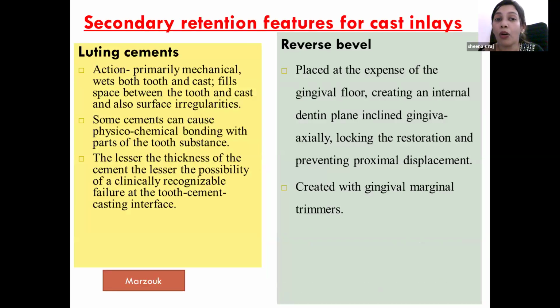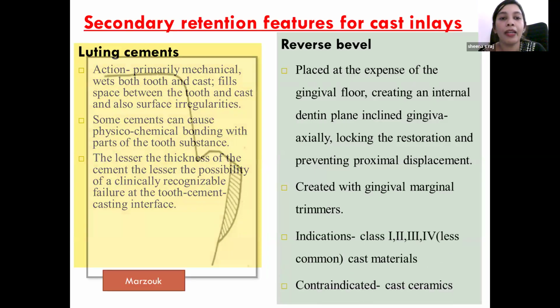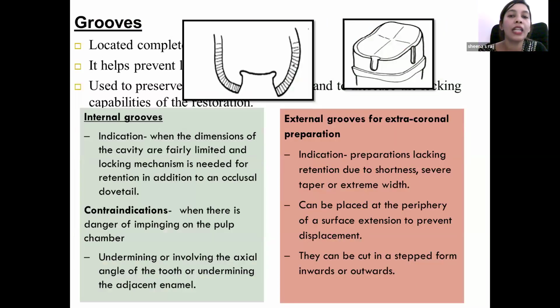This is a very important topic whenever a cast metal restoration is given. Most of the people will be writing only about the bevels, circumferential bevels. So you have to write the secondary resistance and retention features also, like the luting cement, reverse bevel, the grooves, like the internal groove and the external groove. And similarly, you will be actually having